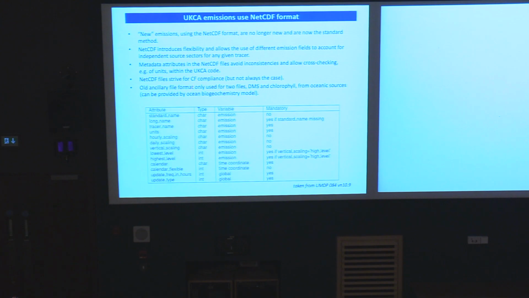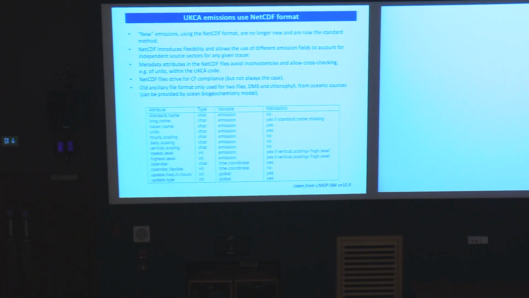You can visualize the contents of a file, but also you can now include multiple files or multiple emission variables for various sectors for a specific species in a file. So if you want to look at the raw emission data from the file, this has become much more simple and flexible. The metadata attributes in the NetCDF files help to avoid inconsistencies because UKCA is capable of reading those